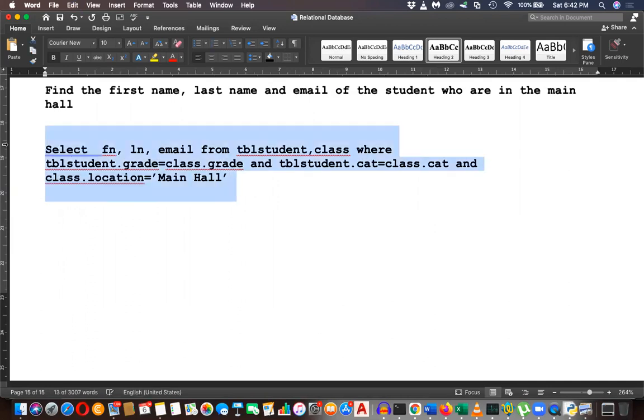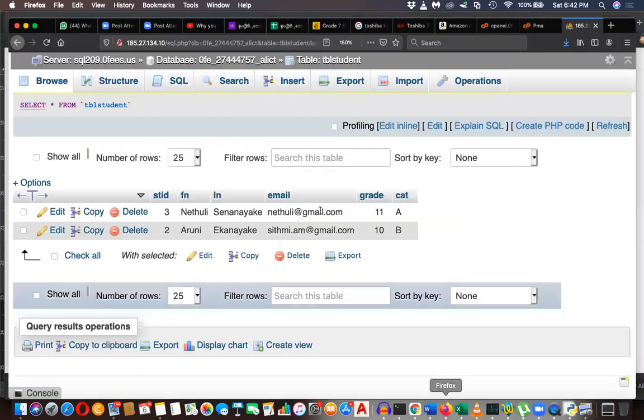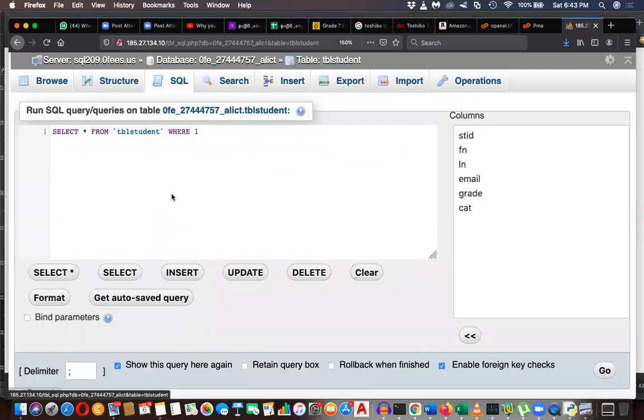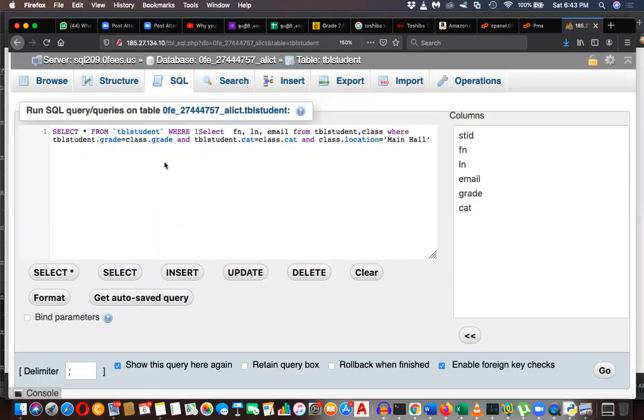Okay, let me copy this and run this as SQL. Sorry, paste it and run this as SQL. Okay, then execute.